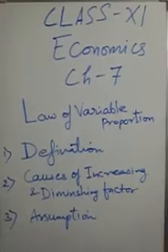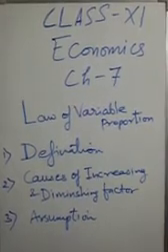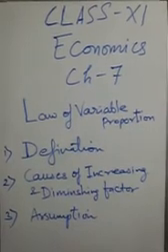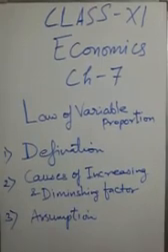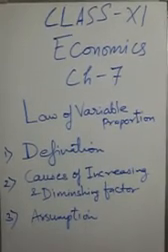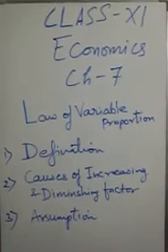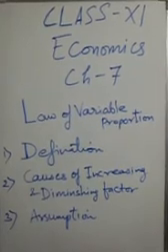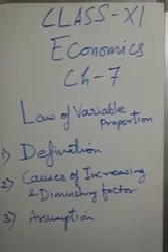Second, imperfect factor substitutability. Factors of production are imperfect substitutes for each other. More and more labor cannot be continuously used in place of capital. Third is poor coordination between the factors. Increasing the application of the variable factor along with the fixed factor eventually disturbs the ideal factor ratio. This results in poor coordination between the fixed and variable factor.